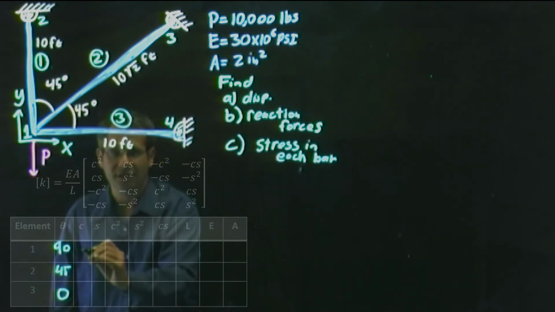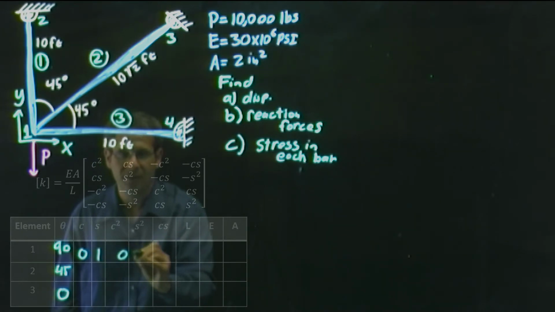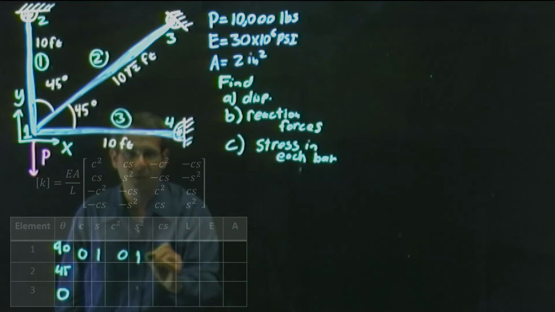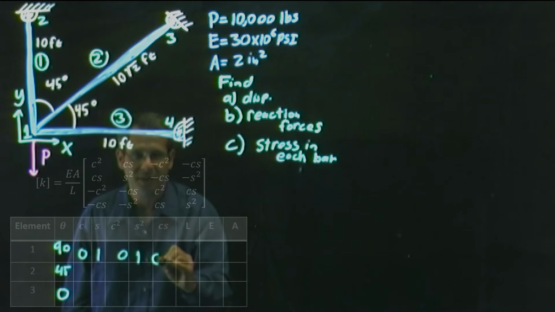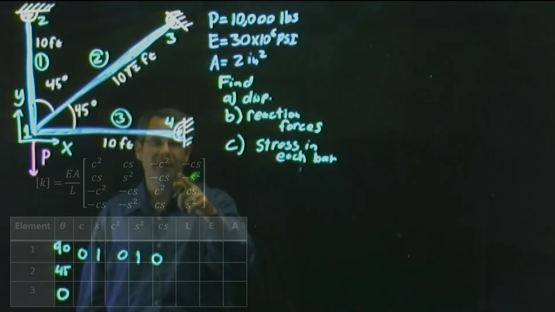Cosine of 90 degrees is 0. Sine of 90 degrees is 1. Cosine squared would also be 0. Sine squared would also be 1. Cosine times sine, well, one of them is 0, so they're both going to be 0. The length of element 1 is,